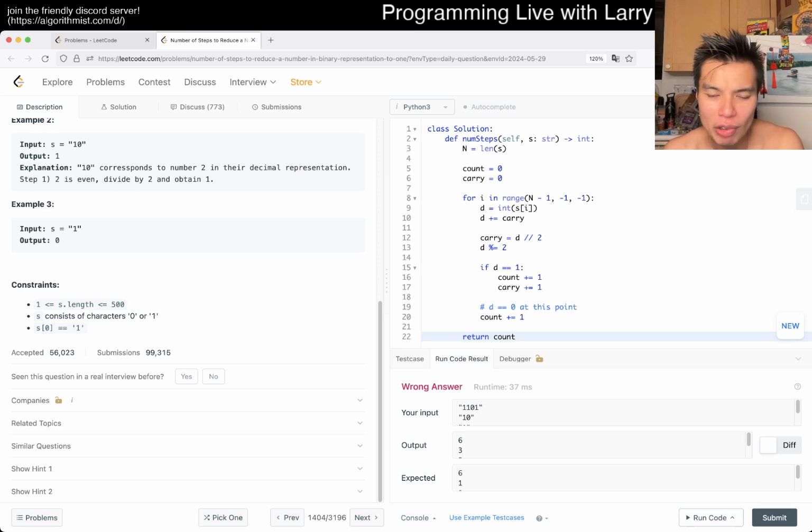Okay, so why is it wrong for 10? Oh, I give 3. I always confuse expected and output. Okay, so I give 3. Why did I give 3? So 1, 0, then we 1. Oh, because we look at the last digit. Last digit is going to be 1. If this is 1, then but